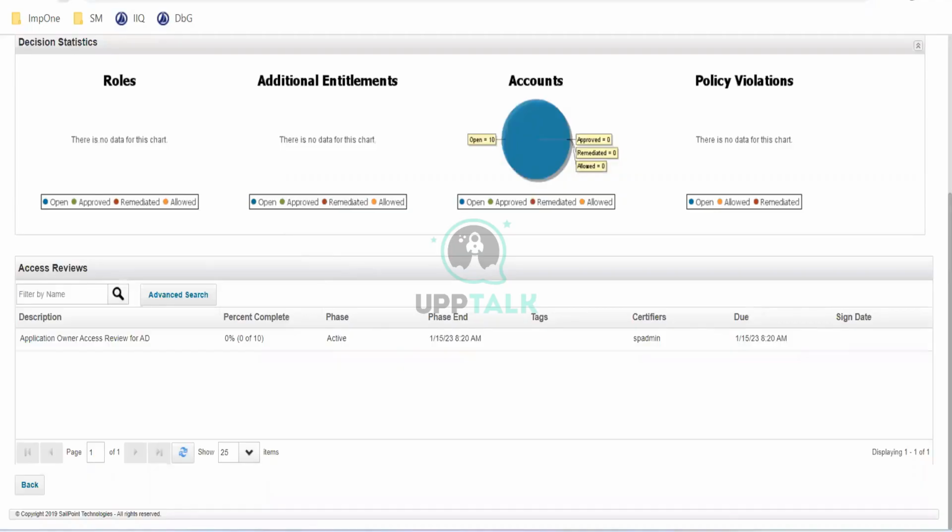Just refresh this page. Only one access review will be generated. Apart from that, for any type of certification you trigger, for one manager, one access review will be generated. For one application owner, one access review will be generated. For one role owner, one access review will be generated.